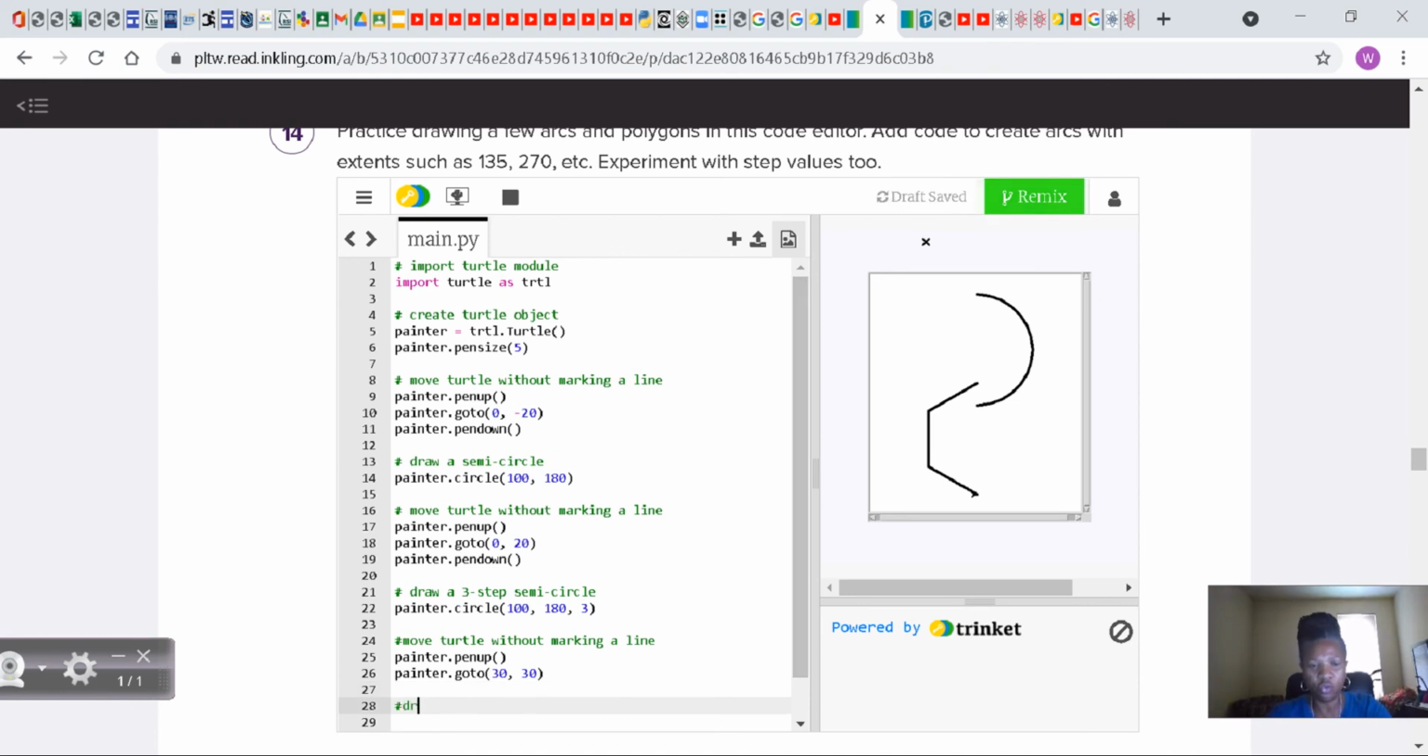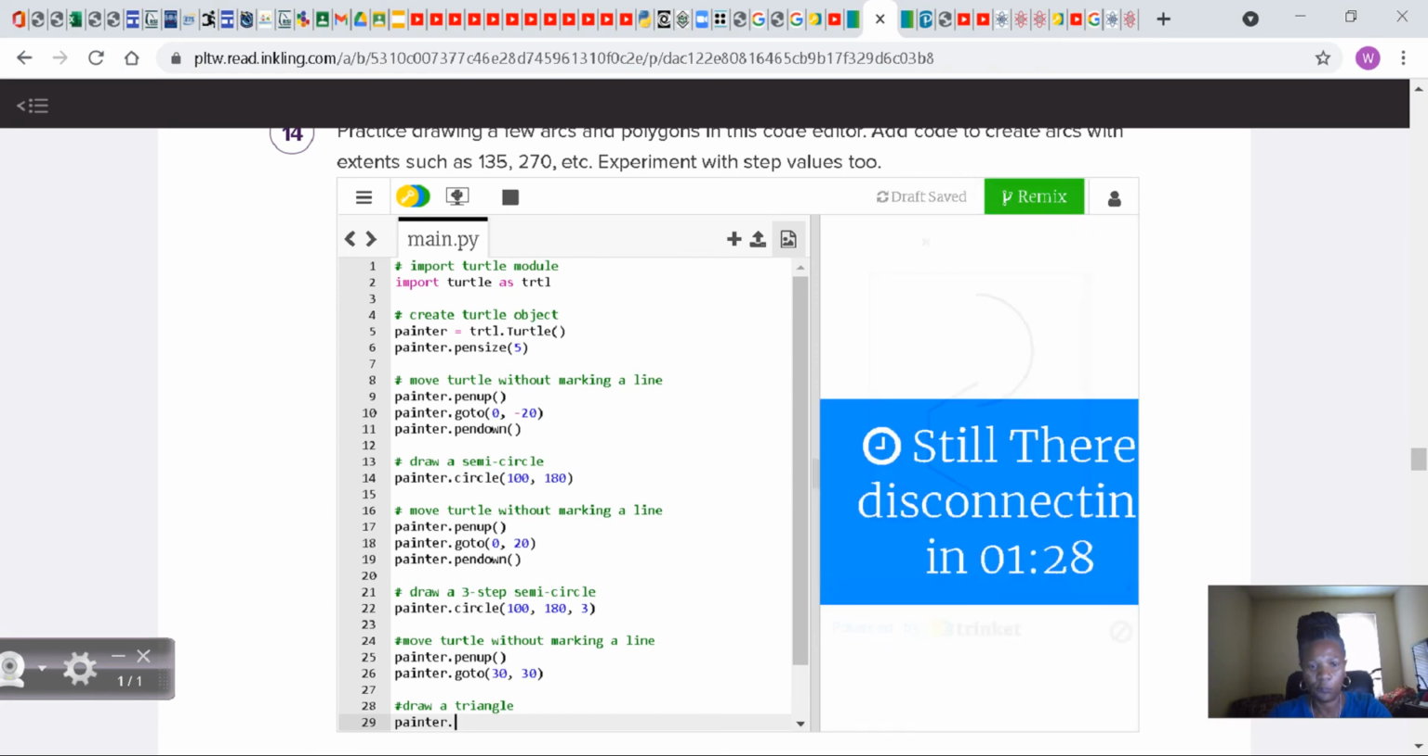Then we're going to say hashtag draw. Let's try to draw a triangle. We're going to try, okay? Try to draw a triangle. Painter dot. Now let's do a circle again. Let's do a full circle. Draw a circle. Painter dot circle, and should it be 190? I don't know. Let's try it. Because a circle is,